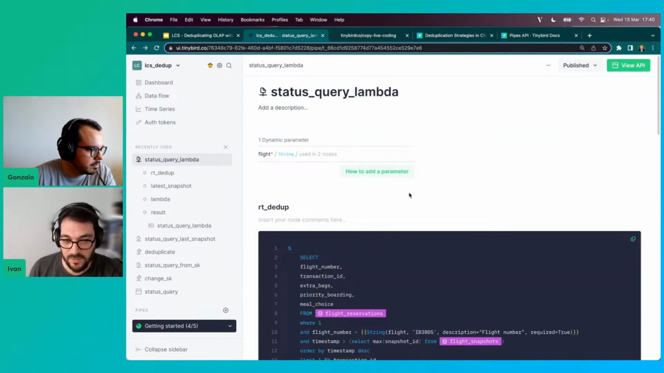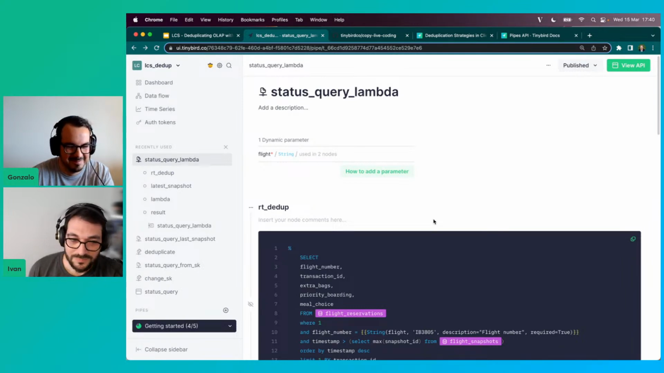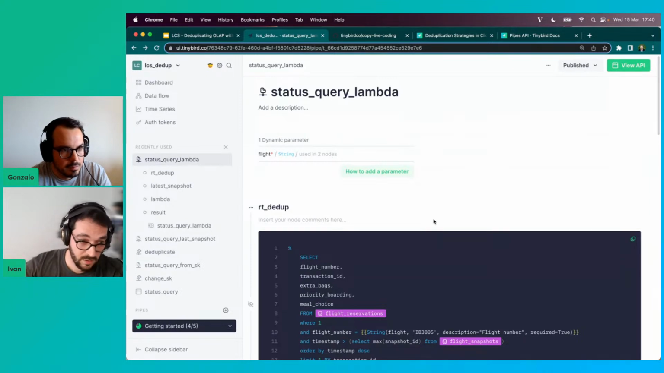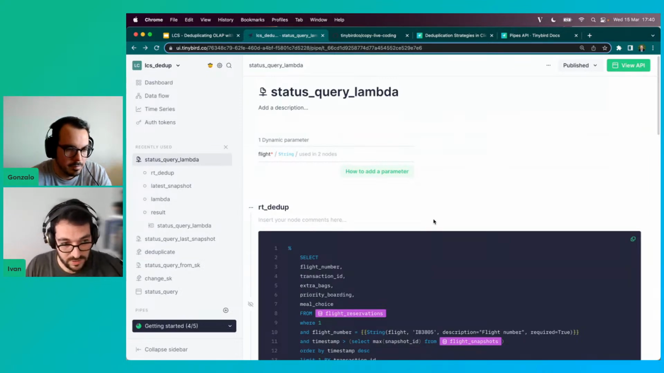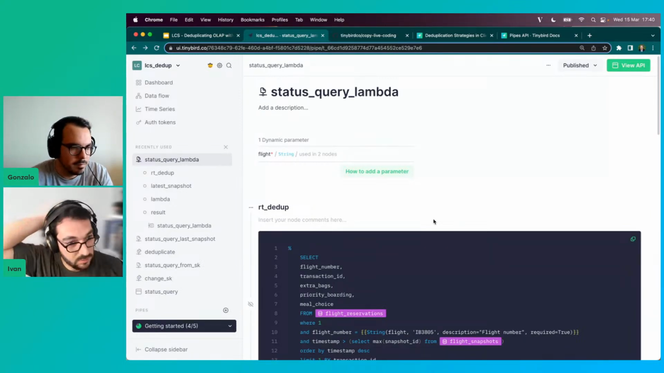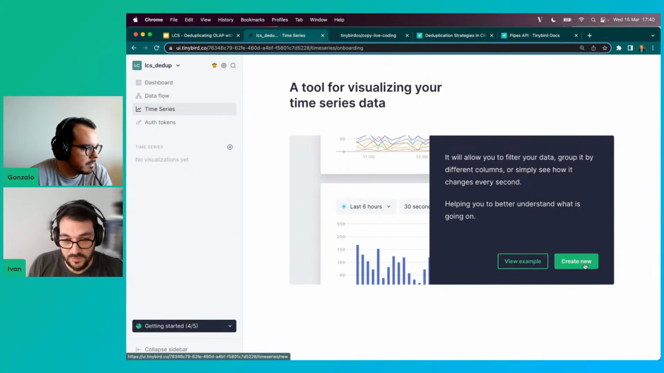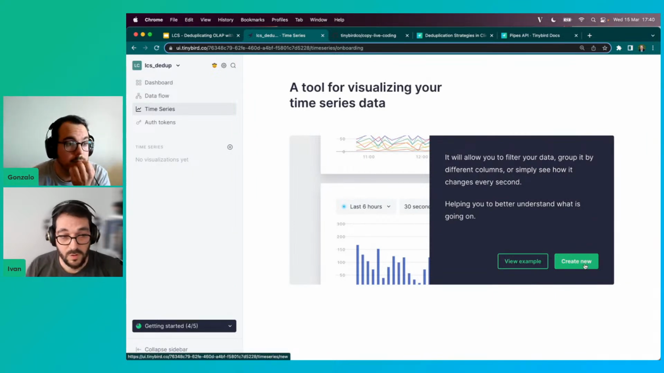You can apply it in Tinybird very easily, or you can make your life harder using other tools. And another benefit that you have getting the snapshots is that you have a historical view of how data was performing, so you can then use it for historical reports comparison. So for instance, if you go to time series, this is a feature that we have to visualize